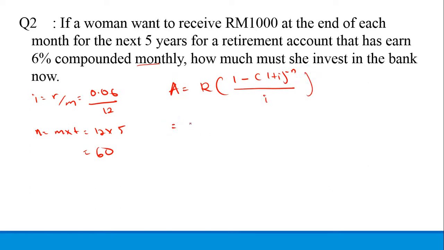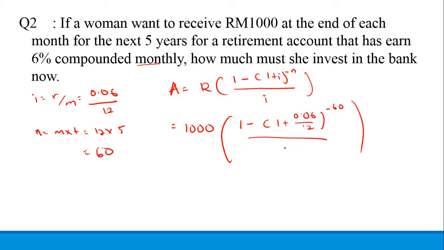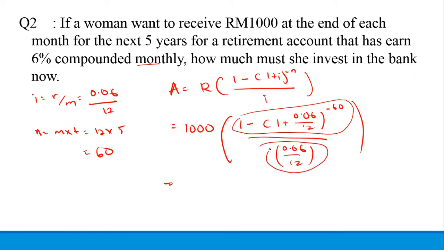R is 1,000. 1 minus (1 plus 0.06 divided by 12) power of negative 60, divided by 0.06 divided by 12. First I calculate the above part, then I divide by this one, and then I multiply with this one. This is number 1, number 2, and number 3. What I will do,